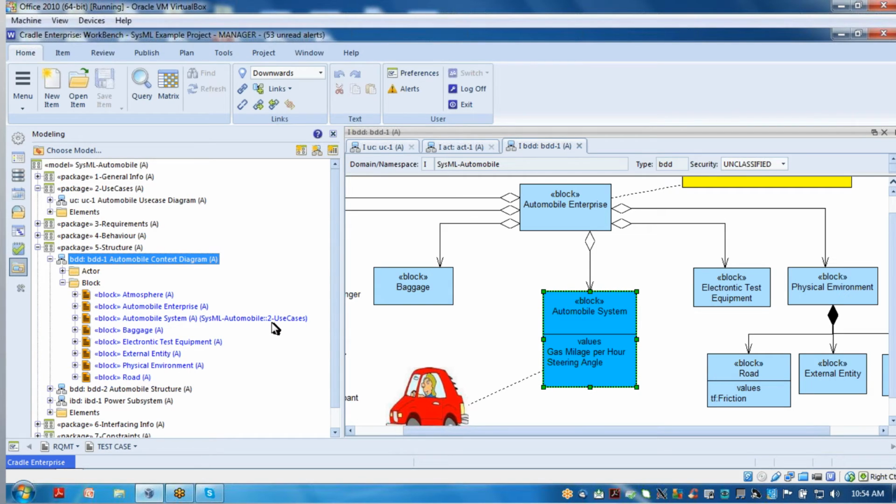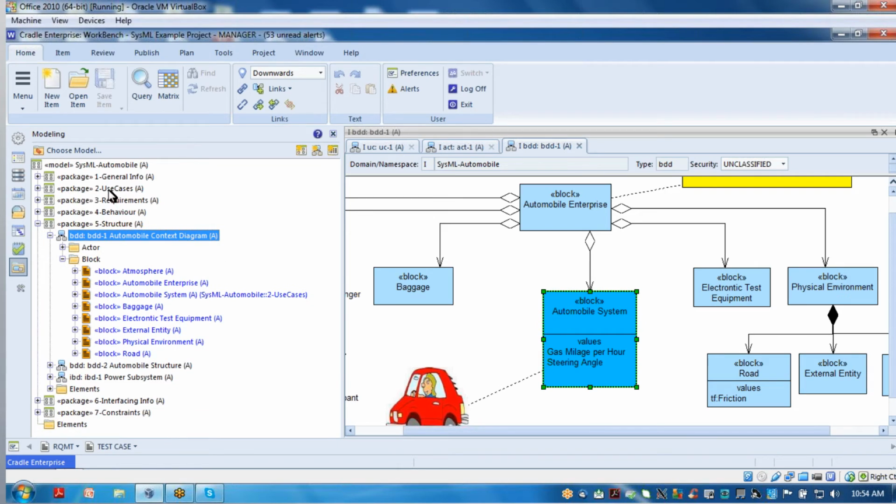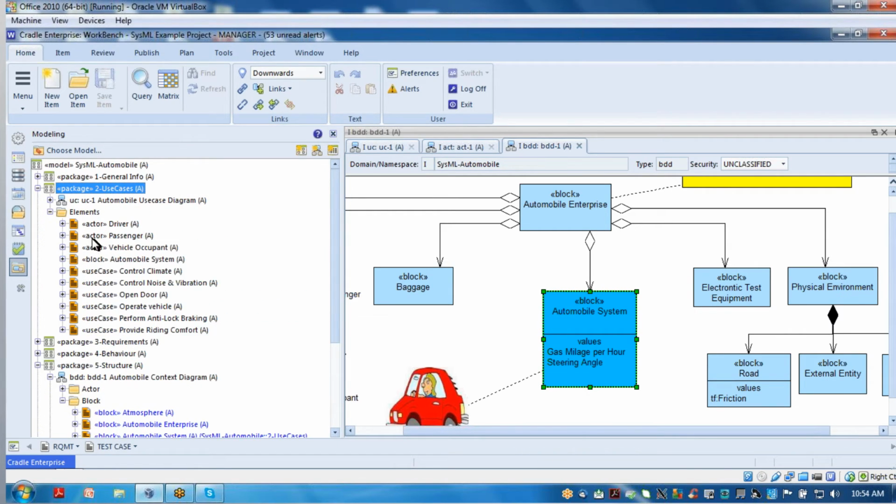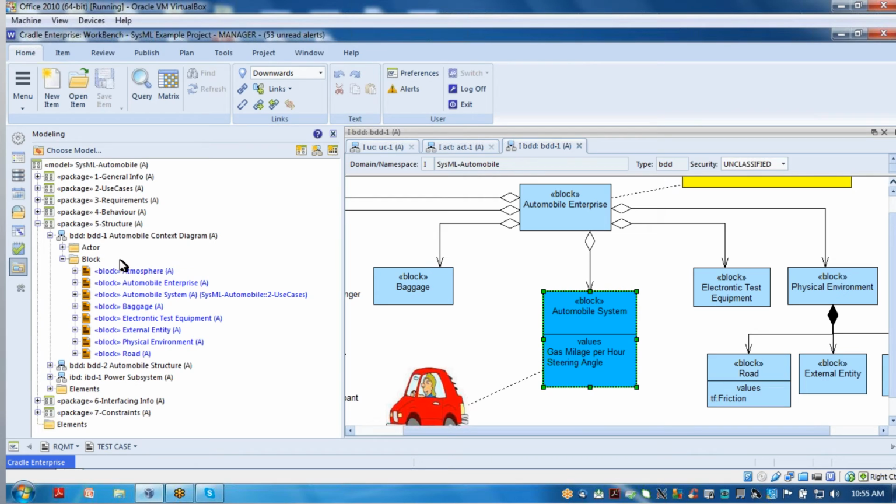And then package 2-use cases. So this guy right here. So remember, we created our use case. There's our block. So automobile system is owned by this package because that's where we created it. But then we're using it down here in the structure package, so it's showing up with the fully qualified name of the owner package. Now, if I expand that,